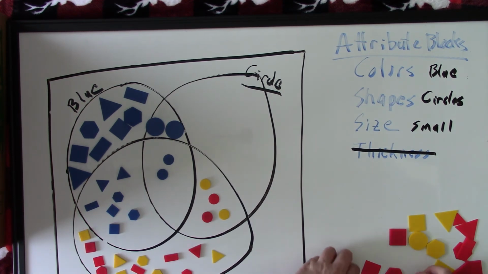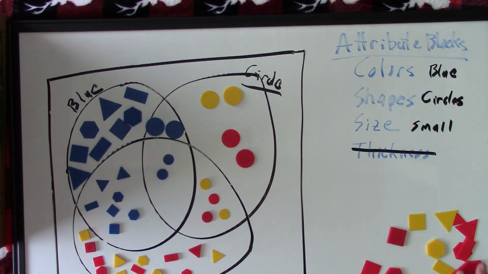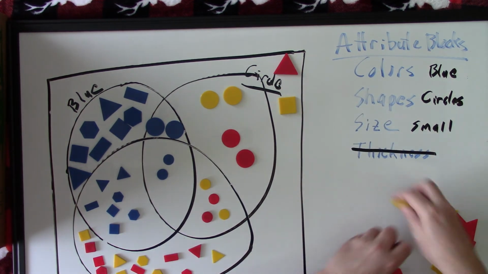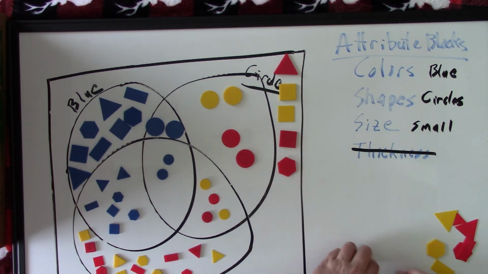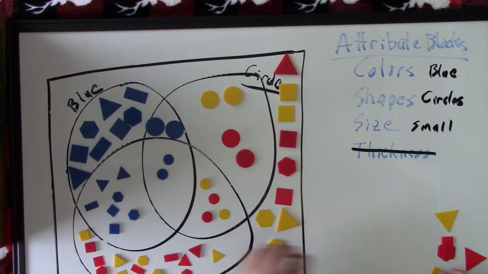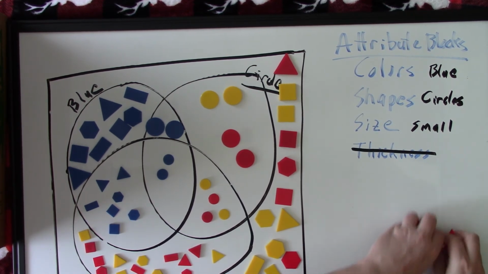Now, the rest of my circles will go here, and then the rest of the shapes will go outside because they're large, not blue, not circles. There's a stray small triangle. And I'll just put some